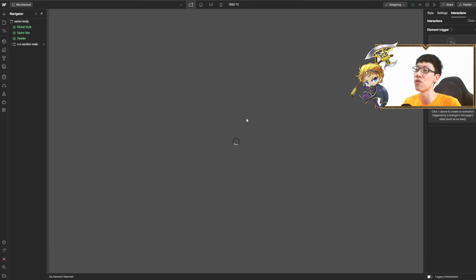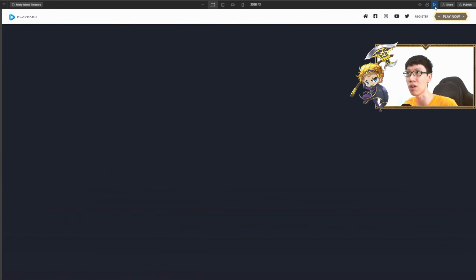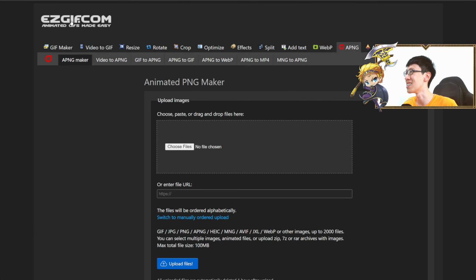Misty Island Treasure over here. This is brand new content in Southeast Asia, or so-called event. Event in Southeast Asia over here. So hence why I did it as an image at the back. The image at the back is actually an APNG, meaning an animated PNG image, which I use